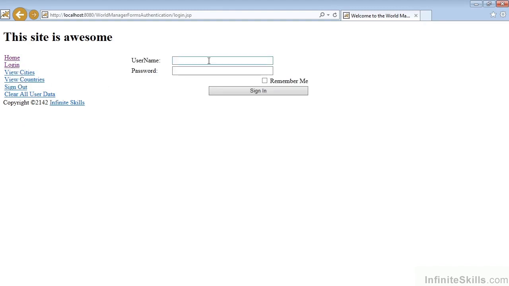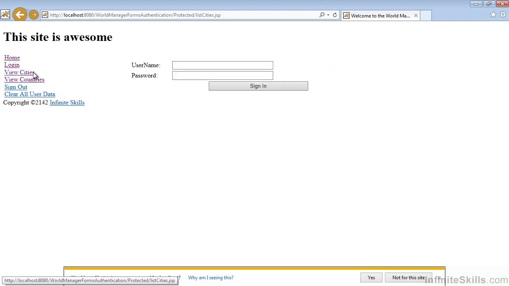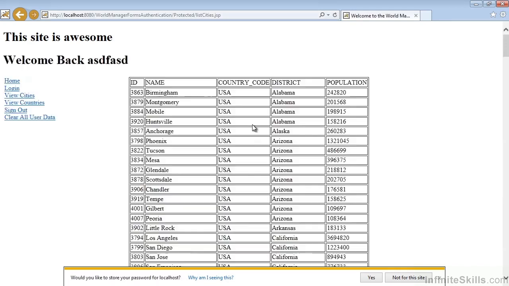This is still our login from before. So nothing here matters. So we've logged into the World Manager system, but we still aren't logged into the server. Now what we see is another login when we try to view cities or view countries. And here what we need to use is our server credentials, which is admin and admin99. We go ahead and sign in, and there we see our user credentials have given us permission to see the